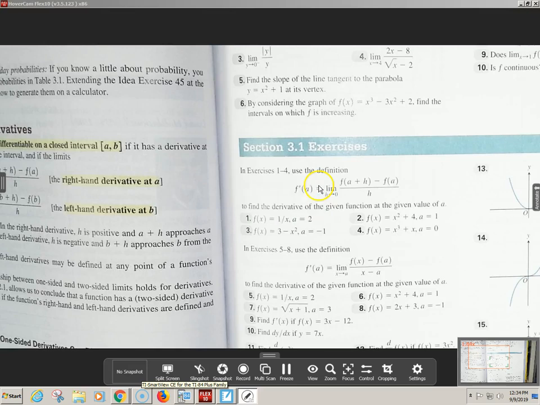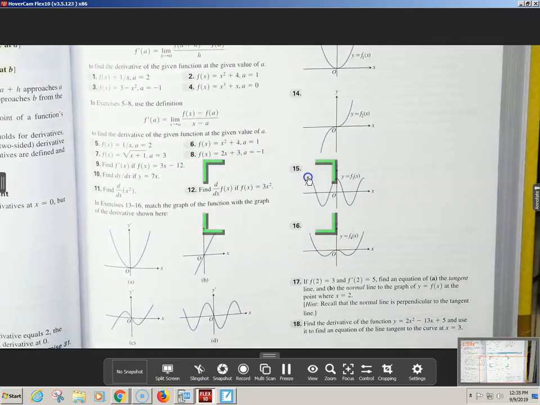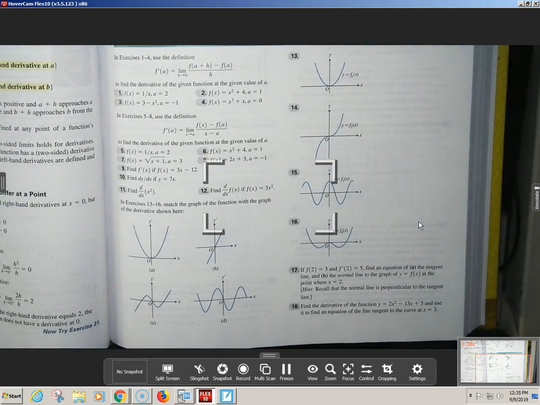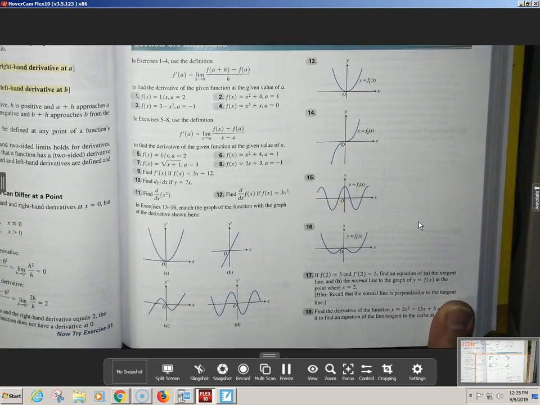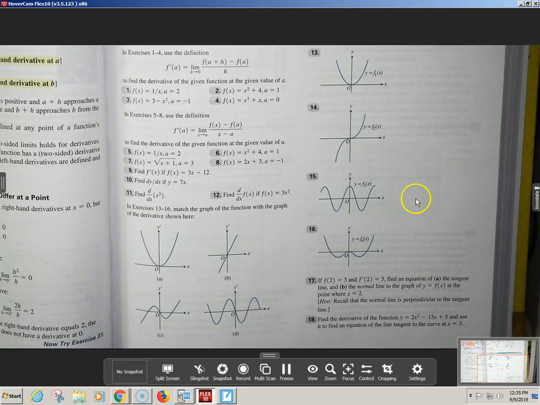Okay, let me do this instead. The picture thing is not working out well, but I think this will work a little bit better. Okay, here you go. So, are we allowed to take the derivative normally, or do we have to use the